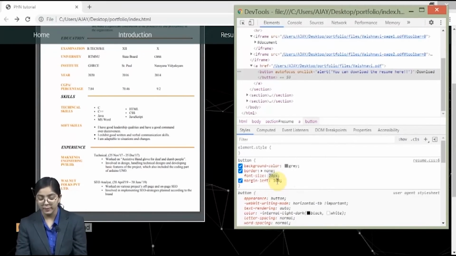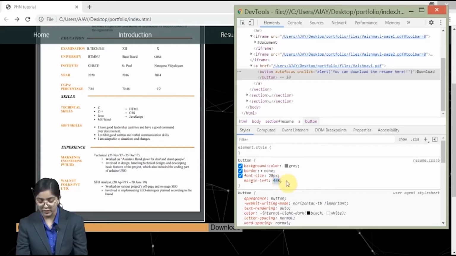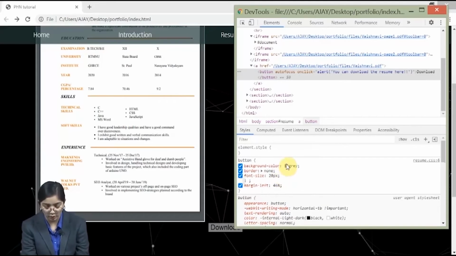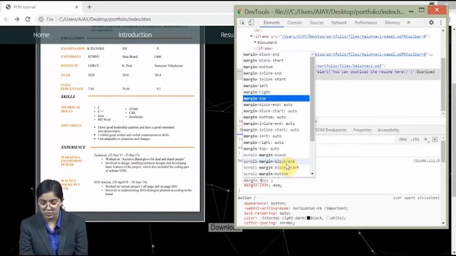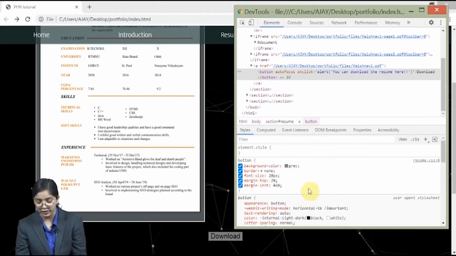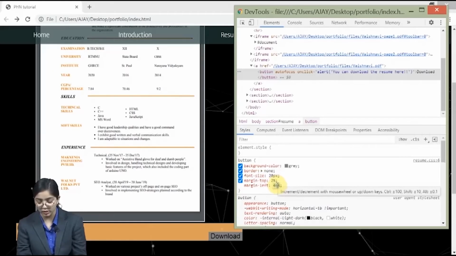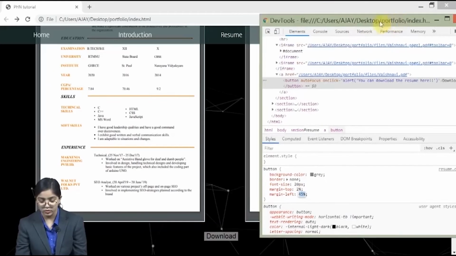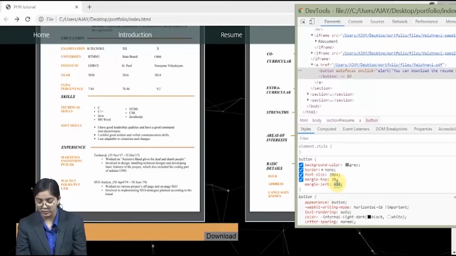Now we can increase the number over here, and we can define the margin from here. So let's just give a margin top as well, because it needs to space it from the iframes. So let's just give it as 2%. Okay, it is perfect. So let's just decrease it. We want it in the center, right? So to bring it in the center, what we are going to do, it is in center now. Yes, it is in center.